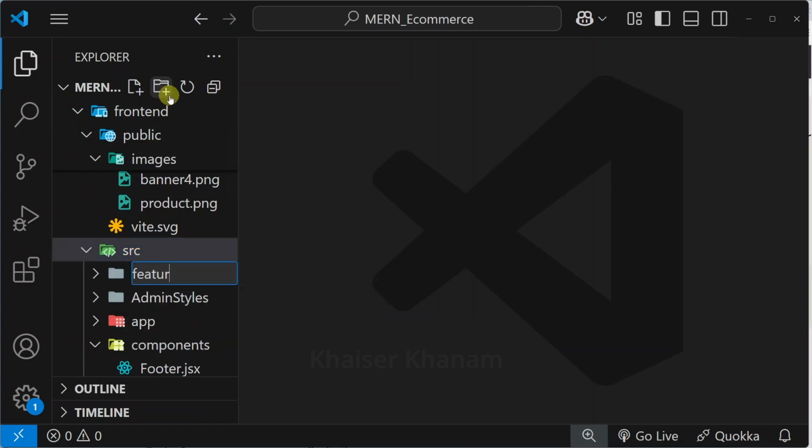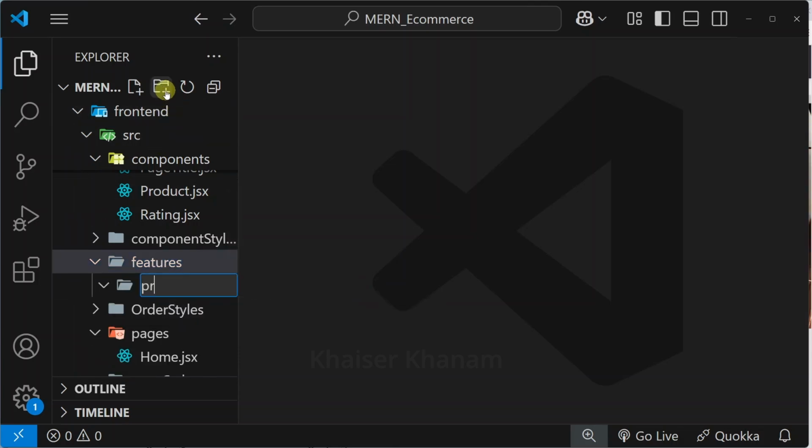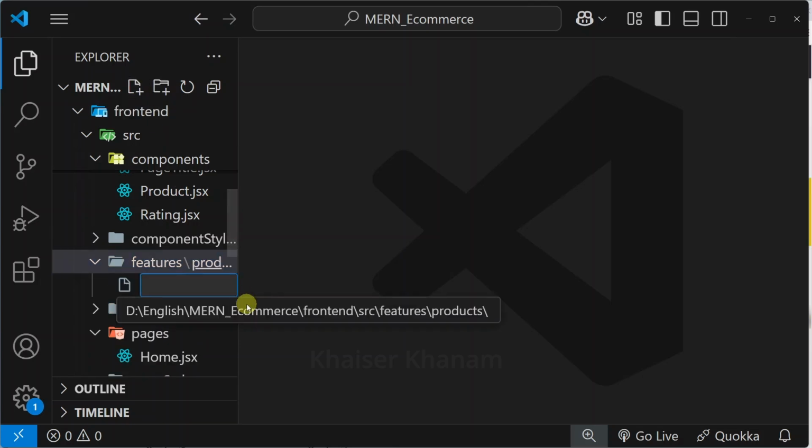I will give the folder name as features. And in this project, we are having 4 features: product, user, cart, and order. So for each and every feature, we are going to create separate folder. First, we will be working on products. So inside these features, I will be creating folder called products. And inside this products folder, I will be creating the file